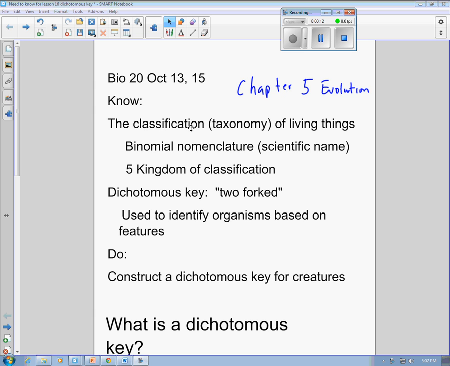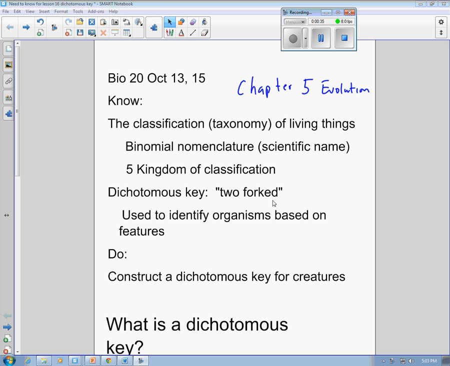Today we're going to focus a little bit more on the classification taxonomy of living things. Taxonomy is just the science of classification. We're going to look at binomial nomenclature, which is really just a big fancy word for the scientific naming of things. We'll look at the 5 kingdoms of classification, and then today we're going to work on a dichotomous key,